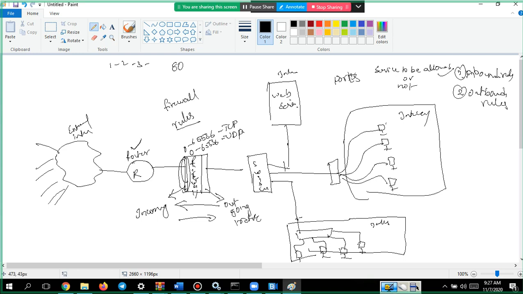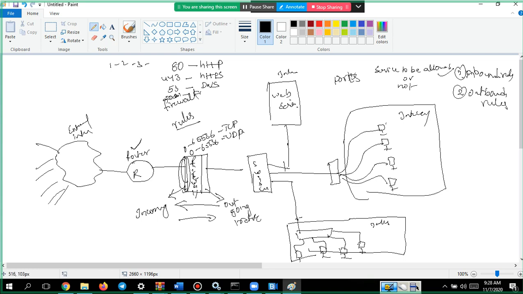Port 80 is for what? Port 80 is for what? Anyone? Port 443 is for what? Port 53 is for what? Like that. Port 20 and 21.